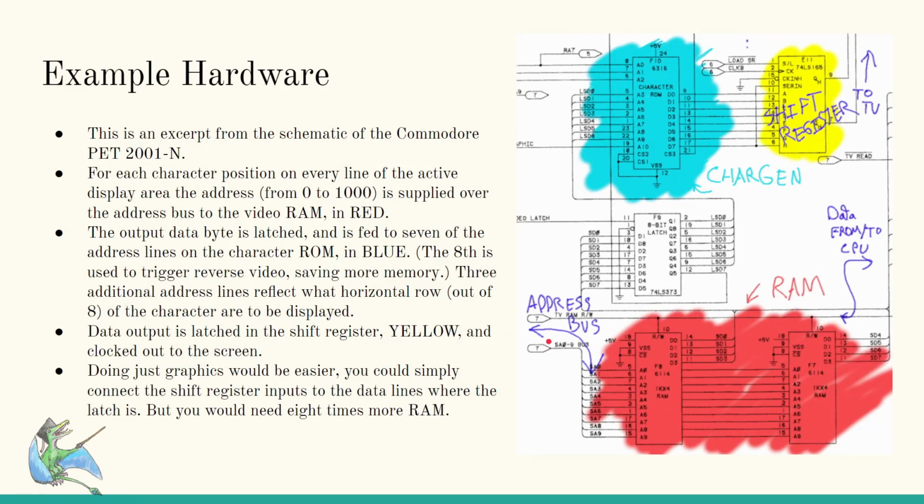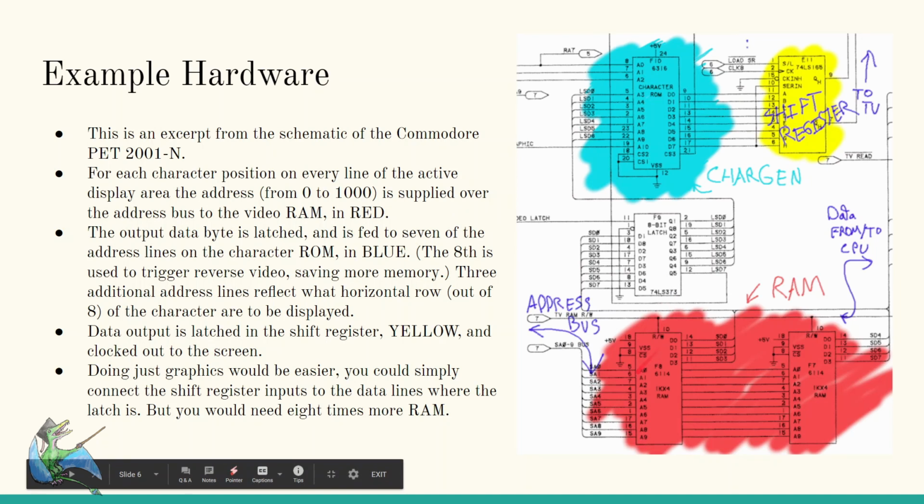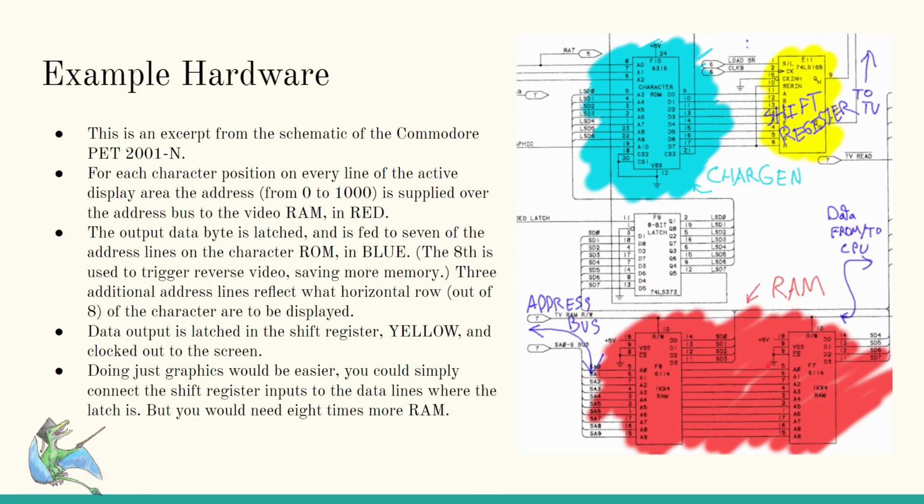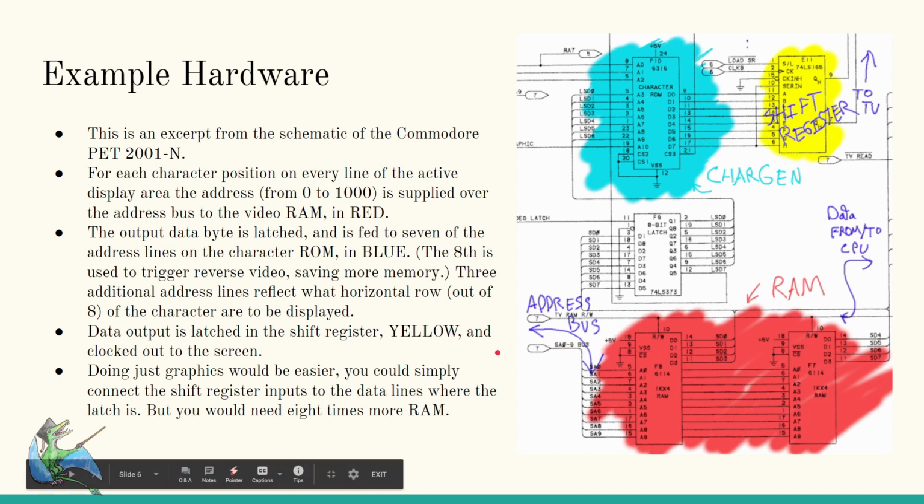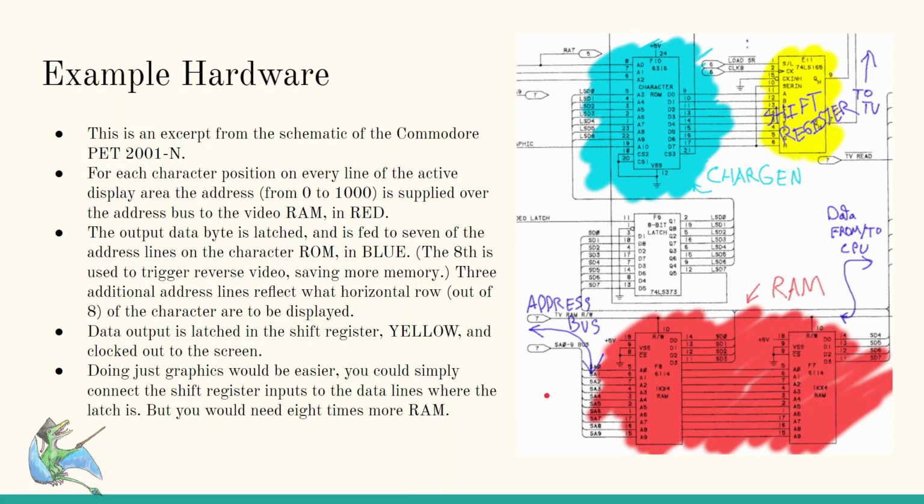So this is the schematic of an actual 70s machine. This is the schematic of a 1970s Commodore PET. In this case, you've got 1K of video memory right here, and this is connected to the CPU via this bus that runs off to one side, and it's connected to an address bus, which is both connected to the CPU, and also connected to what's called an address generator unit,